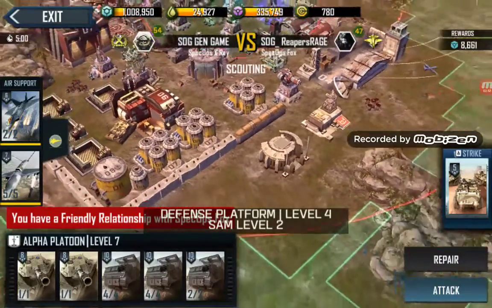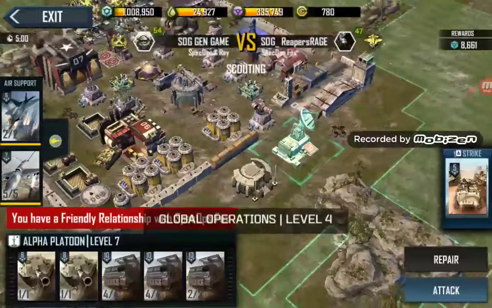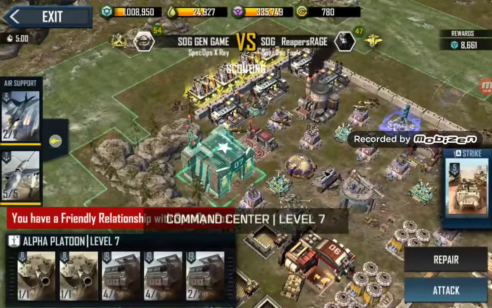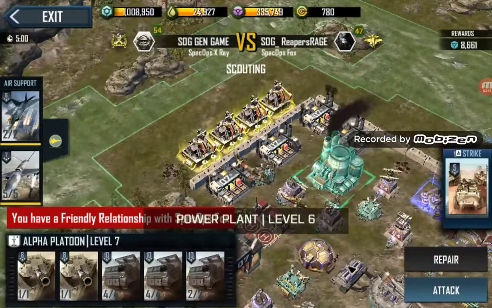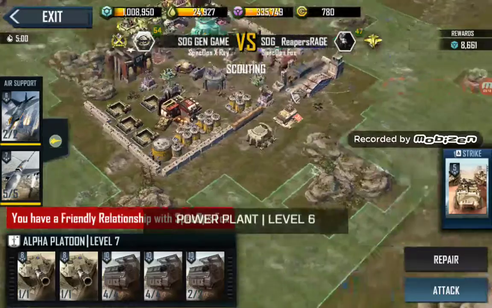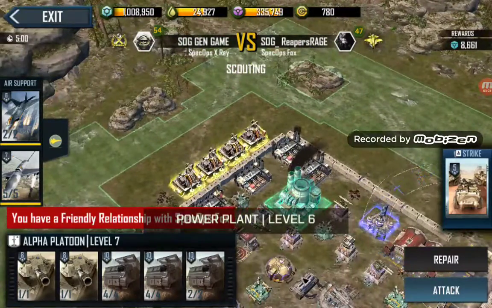So what I would propose you do, bring these walls in and get all these non-essential buildings such as oil storage, the global ops, thorium harvester, even the command center, and to some degree the power plant, out of the walls, as they have no reason to be inside. But if you space it all the way around these perimeters here, what that will do,